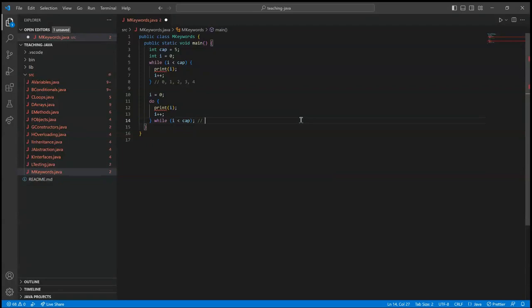It runs through the loop, it checks that I is less than cap, goes back to the top, and keeps running until I gets to 5, and then it stops. That's not true. We're going to start at 0. Print 0, runs. Print 1, prints 2, prints 3, prints 4. When it's 4,